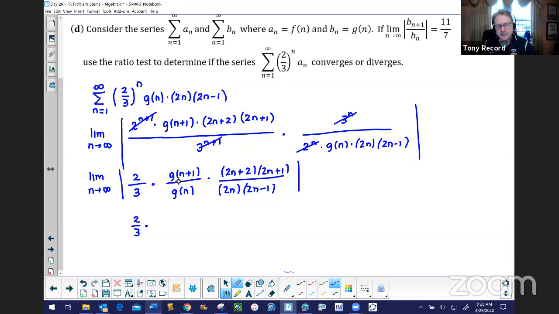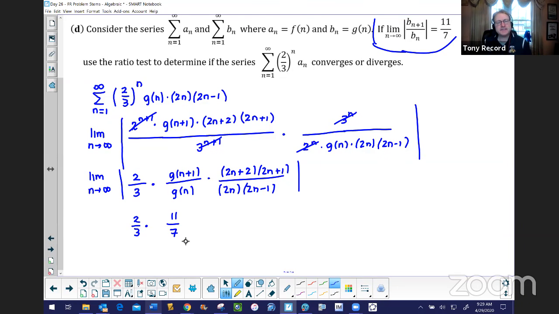This g of n plus 1 over g of n is really nothing more than utilizing the idea that this limit up here is true, because remember that g of n is the same as b sub n, if we think of it more as the nth term of a series. So we can apply our limit to this expression and use that value that we're told it's equivalent to,